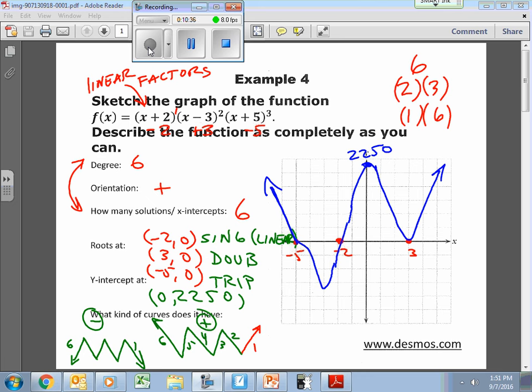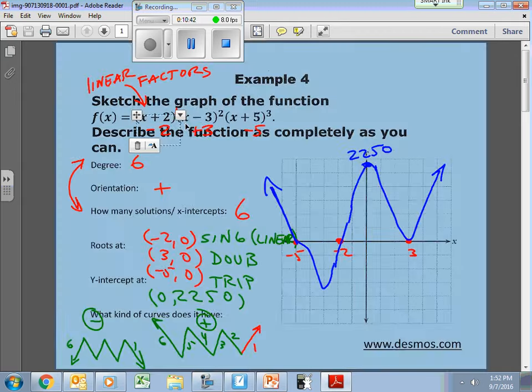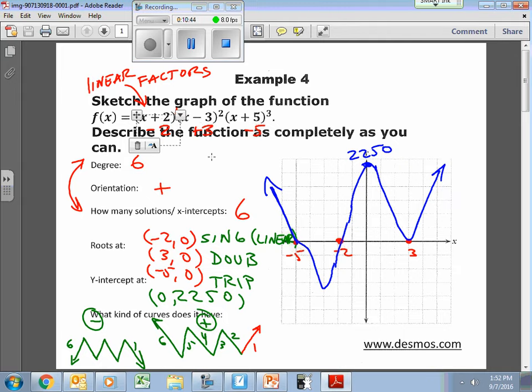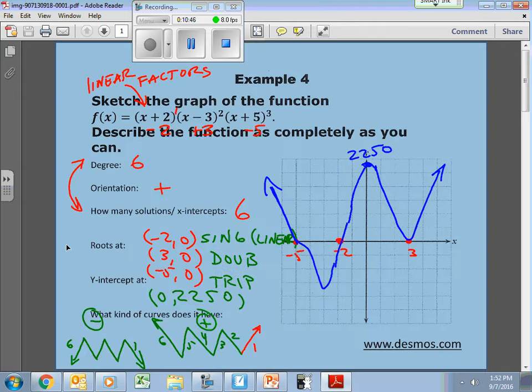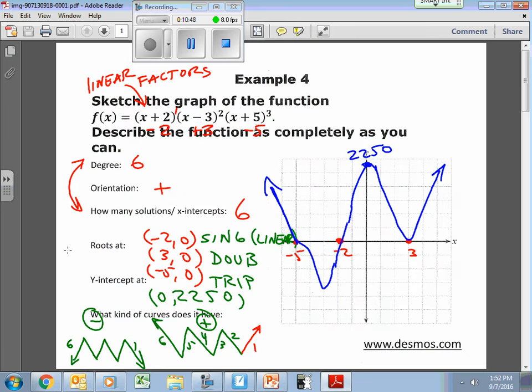Let's pause there and take a look at the x's. To get the y-intercept, we put 0 in the place of the x's. By putting a 0 in the place of the x's, you'll wind up taking this number, raising it to the power, this number, raising it to the power, this number, raising it to the power, and